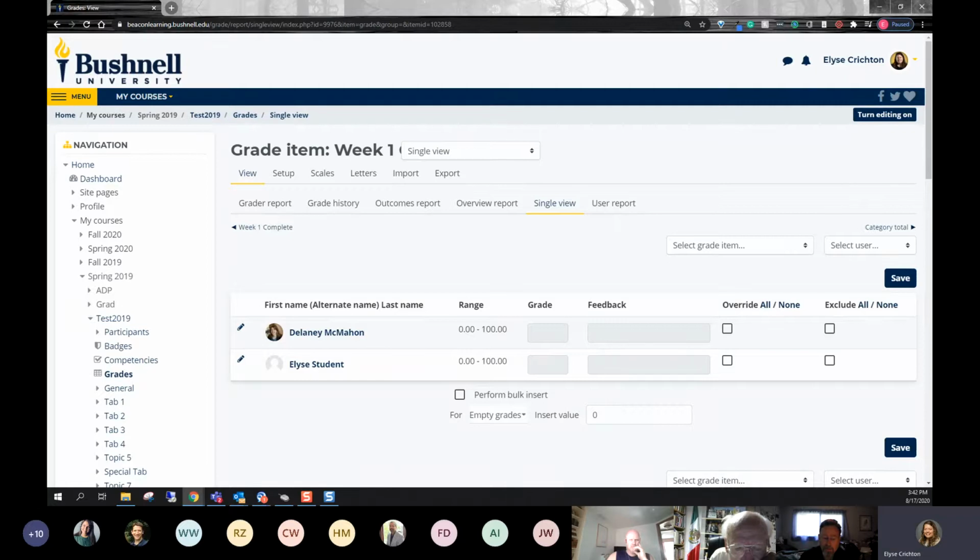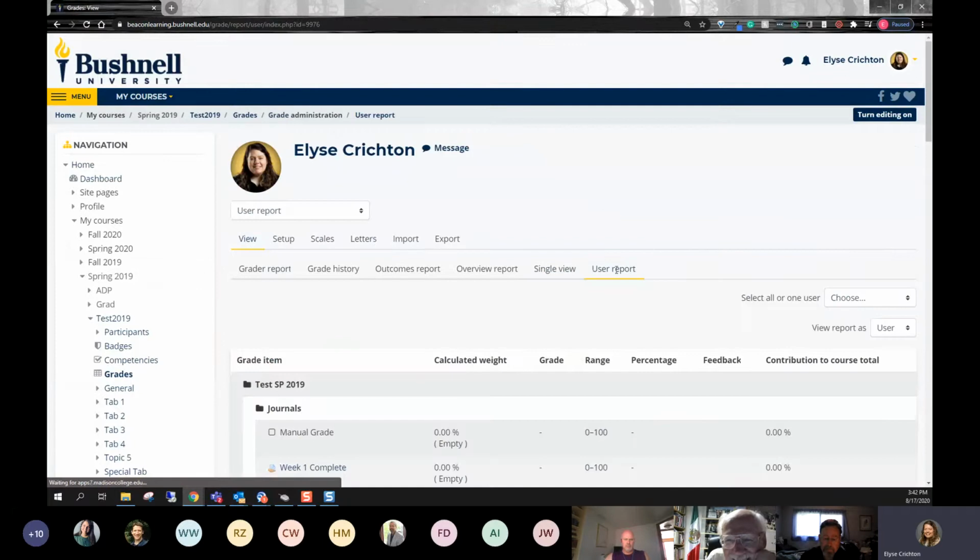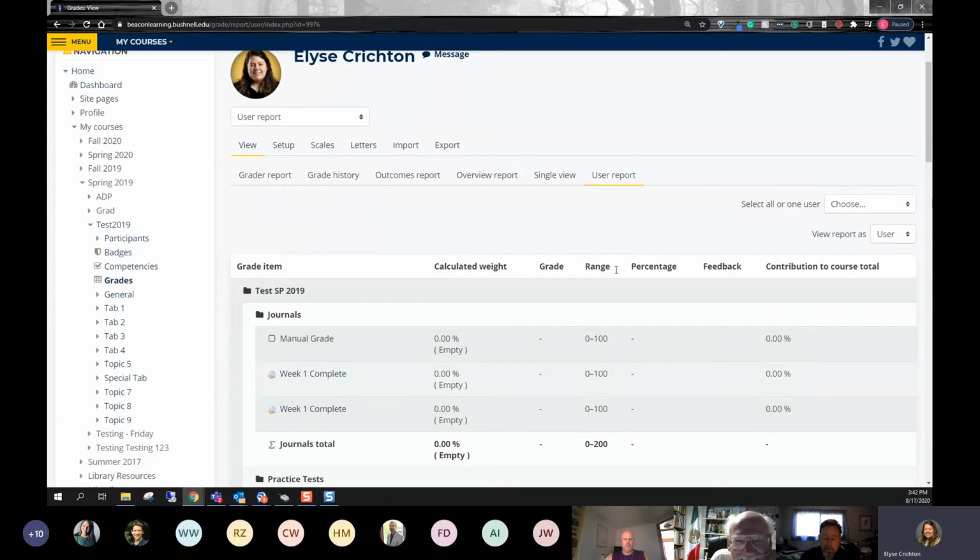I'm going to keep going unless somebody stops me. Cool. The next thing I want to show you is the student view. This is a great way to see what your students in your course are seeing about their grades. Sometimes you've probably heard them say, I went into my gradebook and I can't see the course total for your course that you're teaching. And you're like, I can see your course total. You must be crazy. But the students can actually see different things than you can, which makes sense.